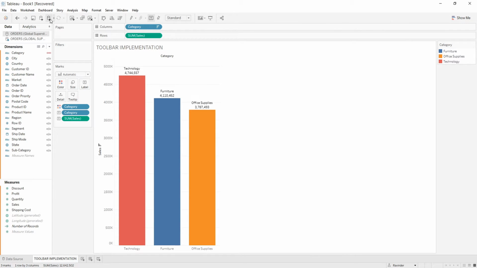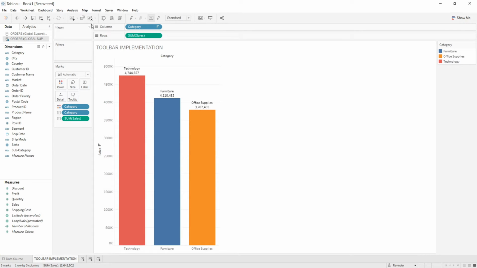After new data source, we have the update sheet and update filter button. If the connection we are using is a live connection, then by default it is auto update for worksheet and filter also. But if we want to use it manually, then we can click over it and it will be chosen manually. And then we can see the next button will be unfaded now. This button is used to update the values whenever we require it. So we have to click over it and the fields, values and filters will be getting updated.